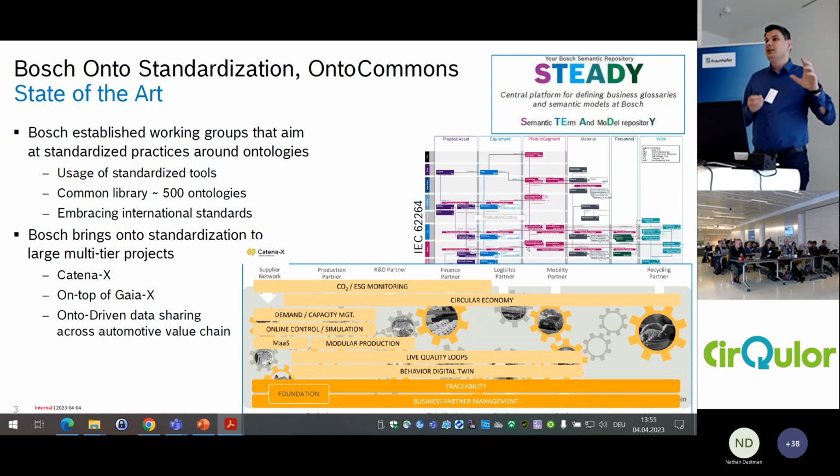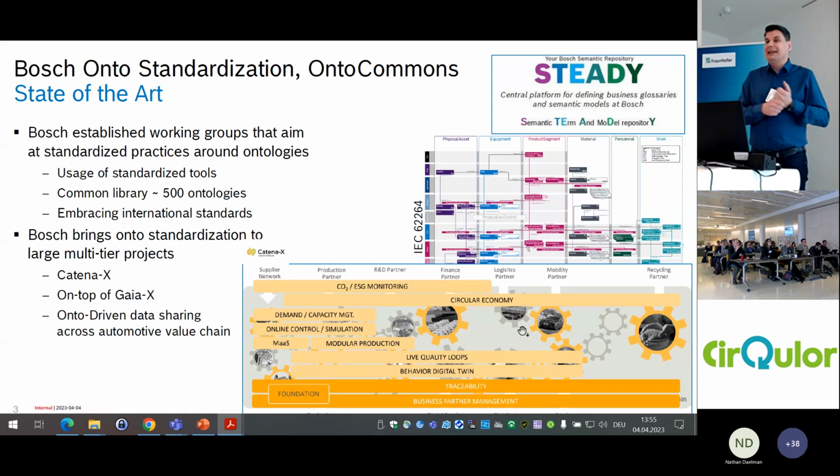We have STEADY as the place where we deposit and store about 500 ontologies, hopefully high quality, and also we work on creation of standardized ontologies based on international standards, on good practices. For example, the Industry 4.0 ontology, which is there in the middle, so the laser doesn't work so well. Maybe the mouse. Actually, the mouse does it better. So this IC-driven standardized ontology.